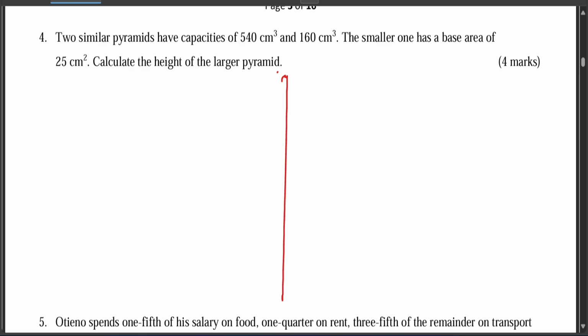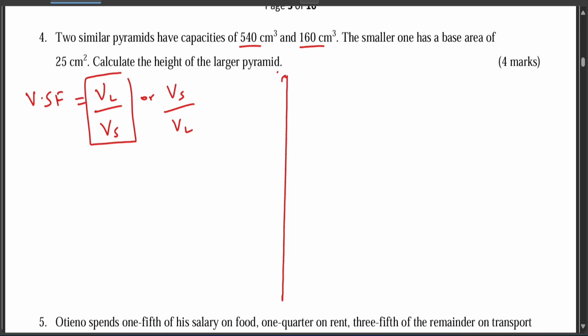No, it's not about linear scale factor. I think you need to have the area of the other pyramid. So for you to have the area of the other pyramid, it means that you have to have linear scale factor, so that you can convert linear scale factor to area scale factor. So now you've been given volume scale factor, because the question gave you 2 volumes. So volume scale factor is given by the volume of the larger one divided by the volume of the smaller one, or you can take volume of the smaller divided by the volume of the larger. I prefer this. So the volume of the larger, which is 540 divided by 160, it should give you